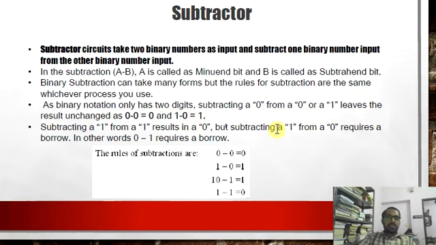And if you are subtracting 1 from 0, there is a borrow generated. So we need to borrow 1 from the previous state, so that 10 minus 1, the output will be 1. Difference is 1, also borrow will be 1. So these are the rules. 0 minus 0 is 0, 1 minus 0 is 1, 10 minus 1 is 1. So 10 means 2 in binary. This one is 2, 2 minus 1 is 1. So 1 minus 1 is 0.